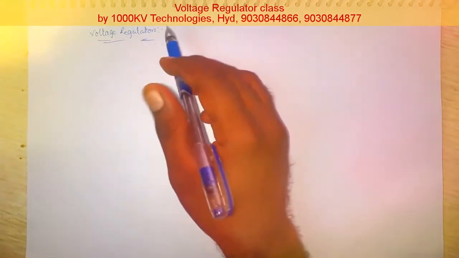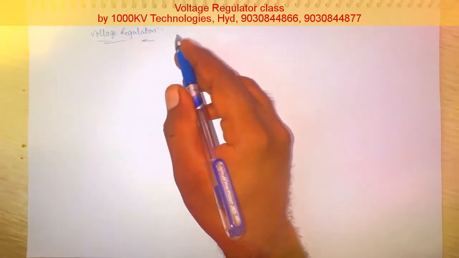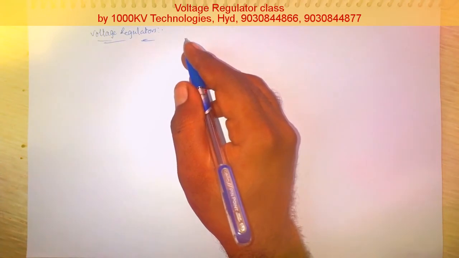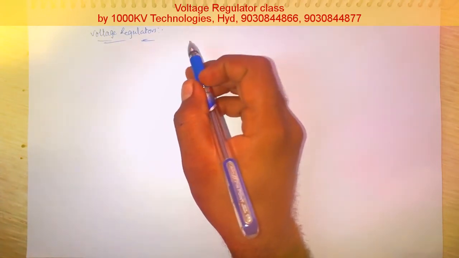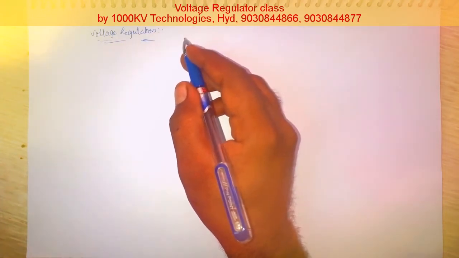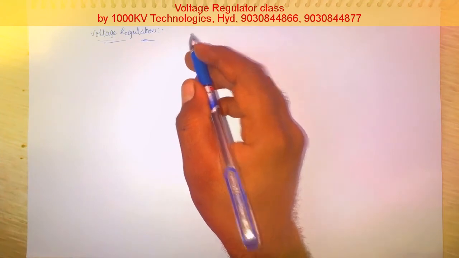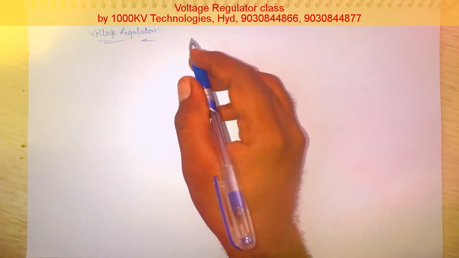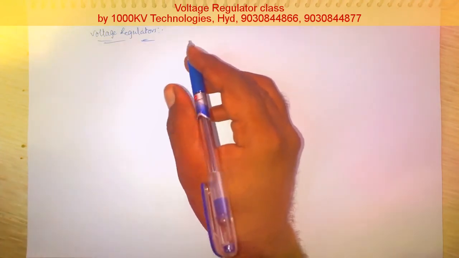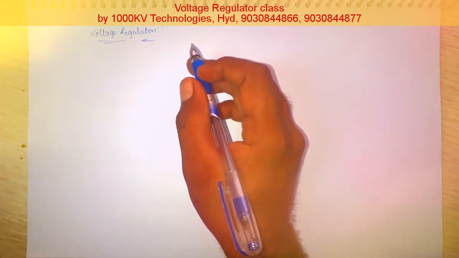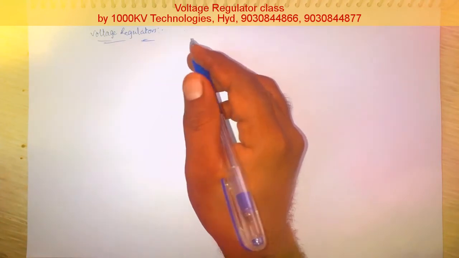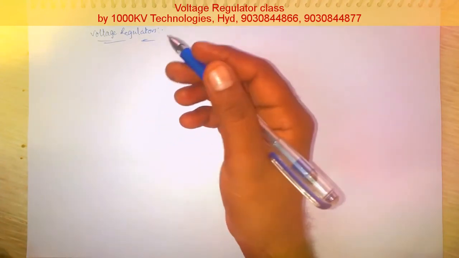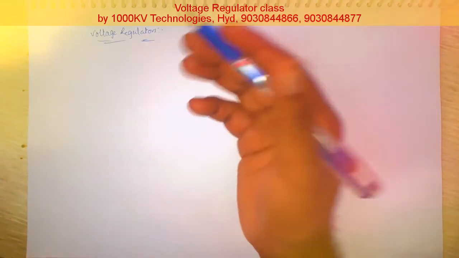Voltage regulator. As the name indicates, regulator means regulation, that is maintaining a constant voltage level. So voltage regulators are components designed to automatically maintain a constant voltage. It is like the stabilizers in our homes for TVs and fridges, which regulate the AC voltage despite input fluctuations or load variations.